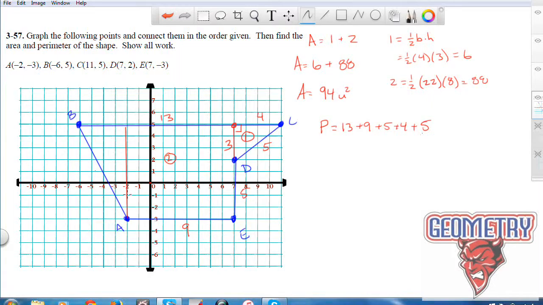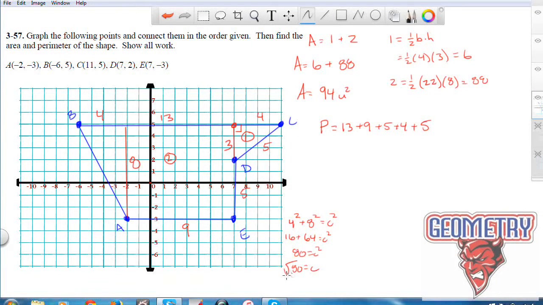This one, let's see what we have here. From -3 to 5, that's a distance of 8. And this is 1, 2, 3, 4. Okay. So we have to figure out this diagonal length here. So Pythagorean theorem says 4 squared plus 8 squared equals c squared, 16 plus 64 equals c squared, 80 equals c squared. So that's the square root of 80, which